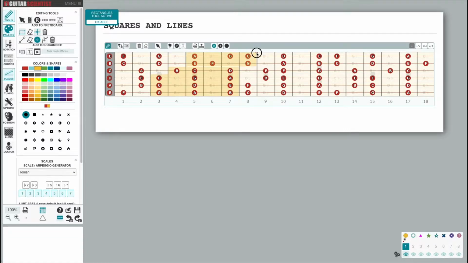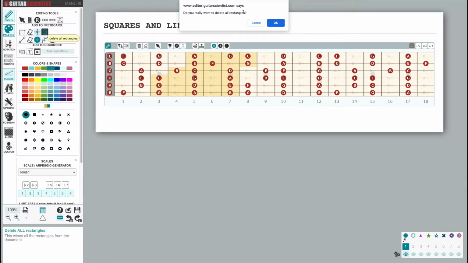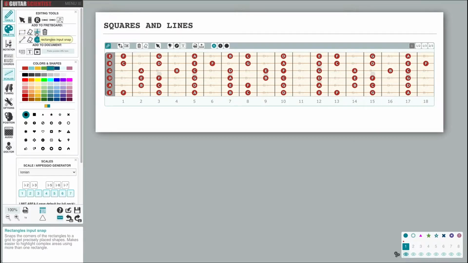So, to help my visualization, I can highlight some areas using this function. I can choose the color before placing a rectangle, and I can obviously connect multiple rectangles to highlight complex shapes or just use a single big one. If I need to delete them, I can use the delete function. When I hover the mouse cursor on existing shapes, I'll see a dashed outline that tells me that if I click, I will delete that rectangle. I can also delete them all at once by clicking on the trash can icon located in the same row of the rectangles function icon.